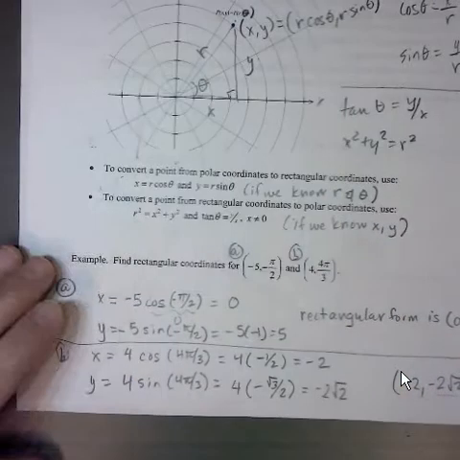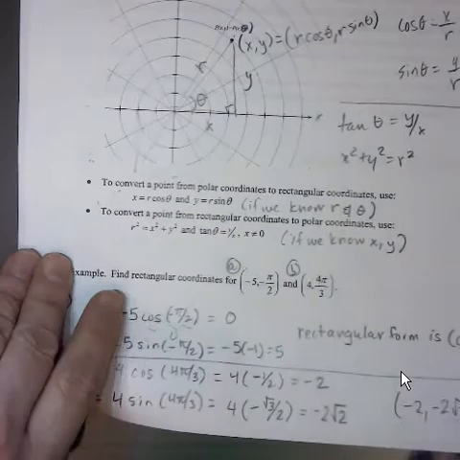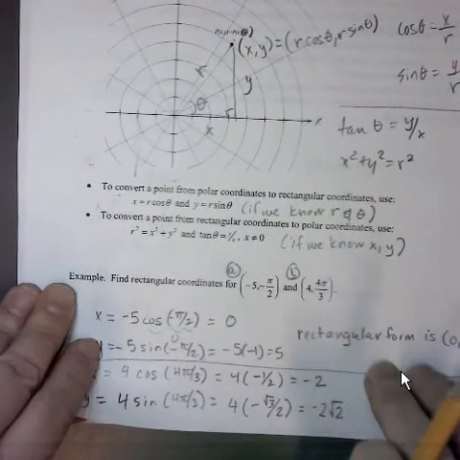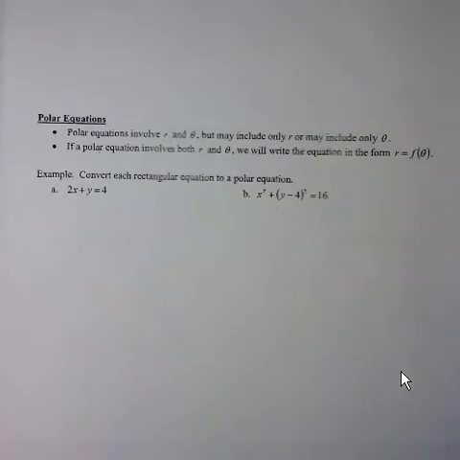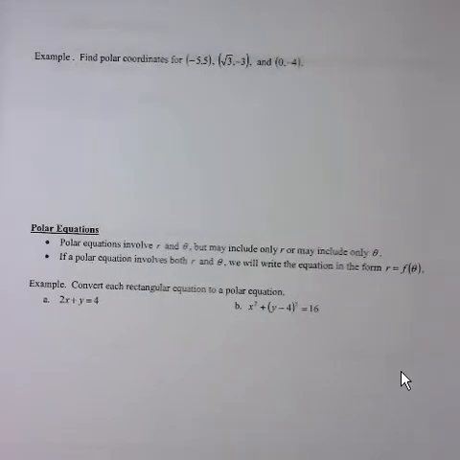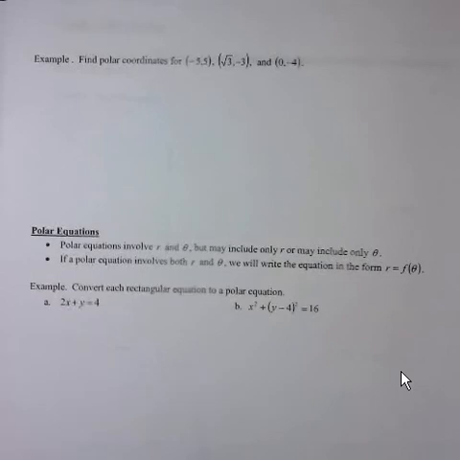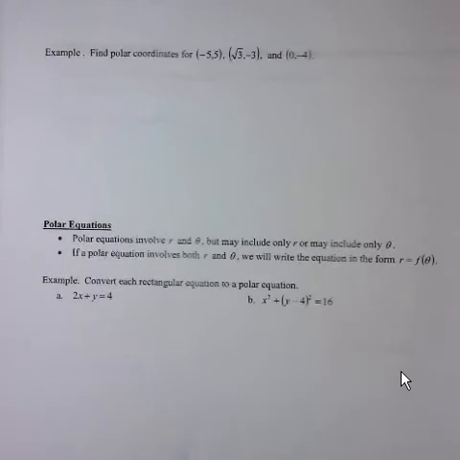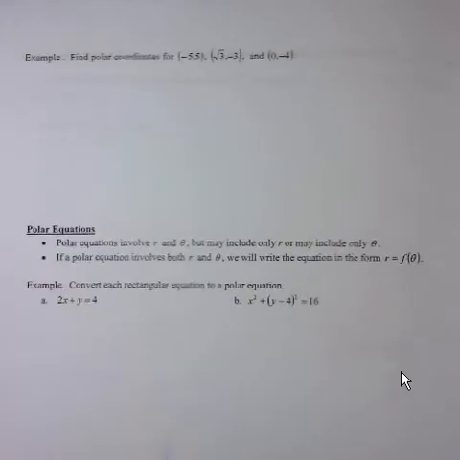All right, moving on. Now we're going to go the other way. So we converted from polar to rectangular. Now let's convert rectangular to polar. So these are just the usual ordered pairs that you're used to seeing. You know, negative 5, 5. That's in quadrant 2. So first we need to find, well, it doesn't really matter which one we find first, but let's find r first. So for A,